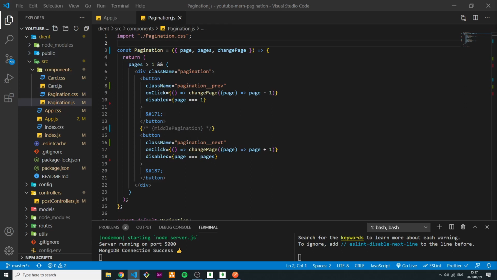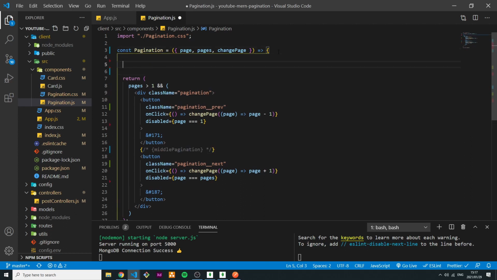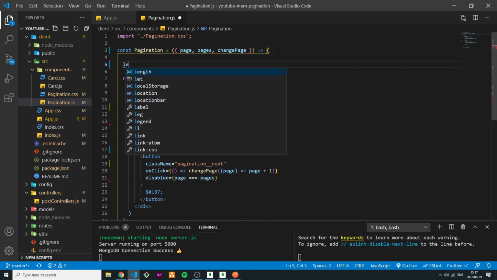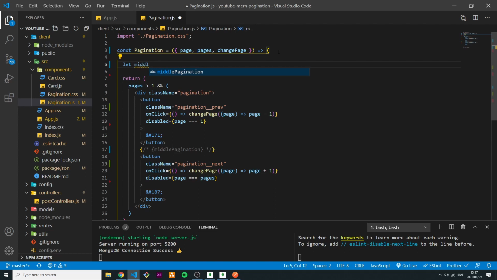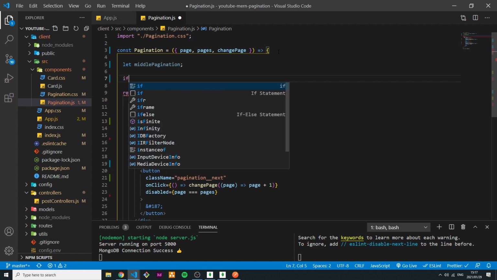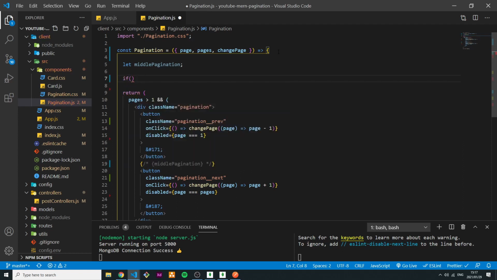Now we have to start thinking about how we can implement the logic for this part of the pagination. So this is where the dynamic and a little bit of a tricky part comes in. So try and follow with me. If things don't make sense, print them out, log them to the console for yourself, and this would just make everything more clear. Okay, so let's go. I'm going to say let middle pagination as a variable. We're just going to create the variable. And here I'm going to do a few checks. I'm going to say if